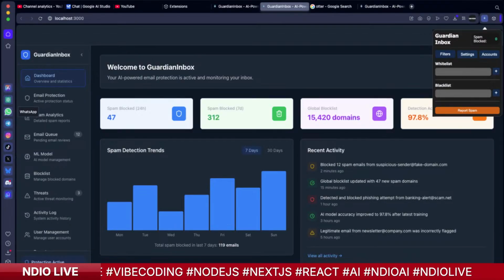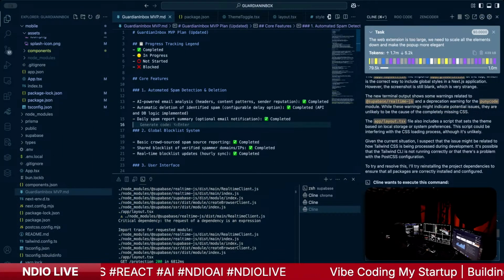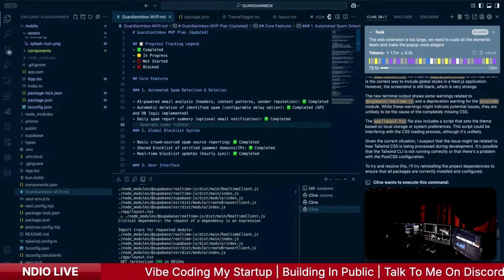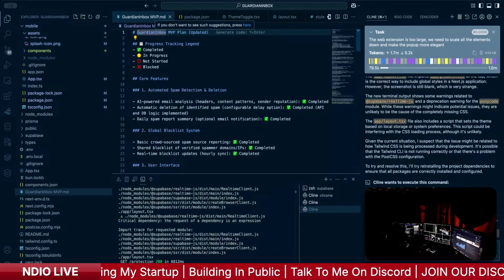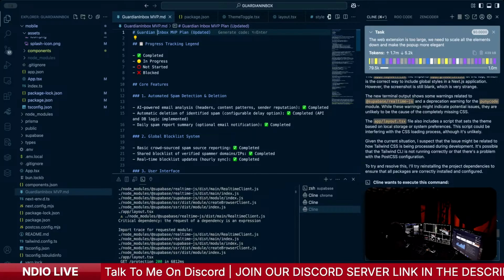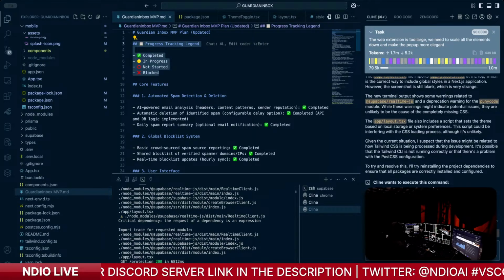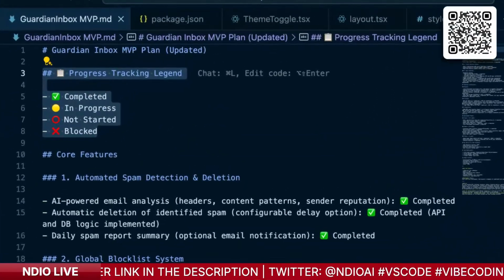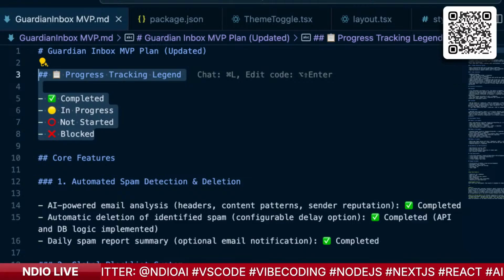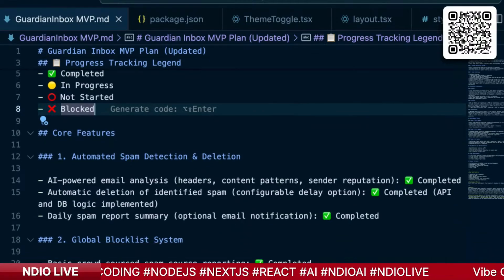Oh, cool. All right, you saw that. Okay, great. So here's my MVP roadmap, or plan, so to speak. So you see, Guardian Inbox MVP. Let's put a space right there. And you see, I always use this right here. I've just highlighted it. Let me punch in so you can see what's going on. So what I usually use is this progress tracking legend. Okay, you see that? So what I do is I start here,